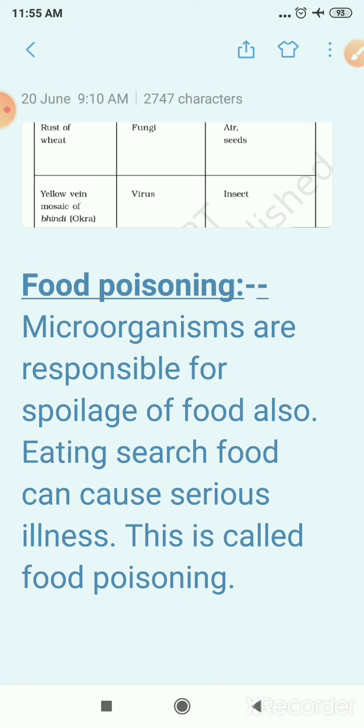And that illness is called food poisoning. Microorganisms are responsible for spoilage of food also. They spoil our food. If we keep our food open, if we keep our food for long durations, that food is spoiled by microorganisms. And if we eat such kind of food, that food causes a serious